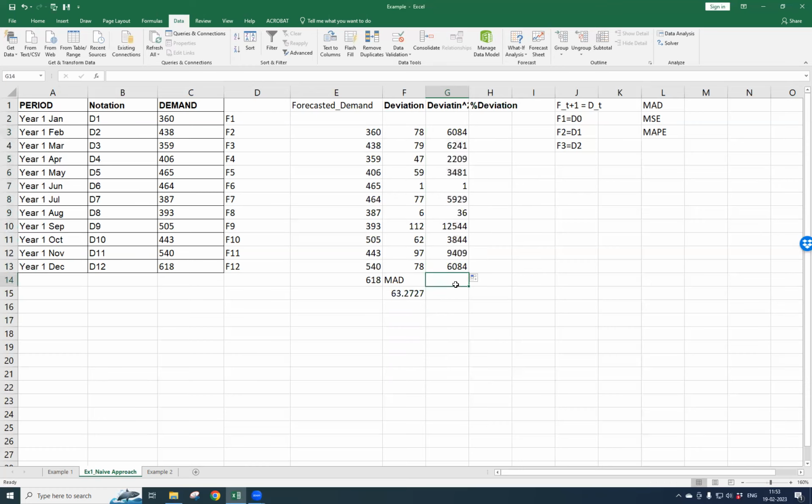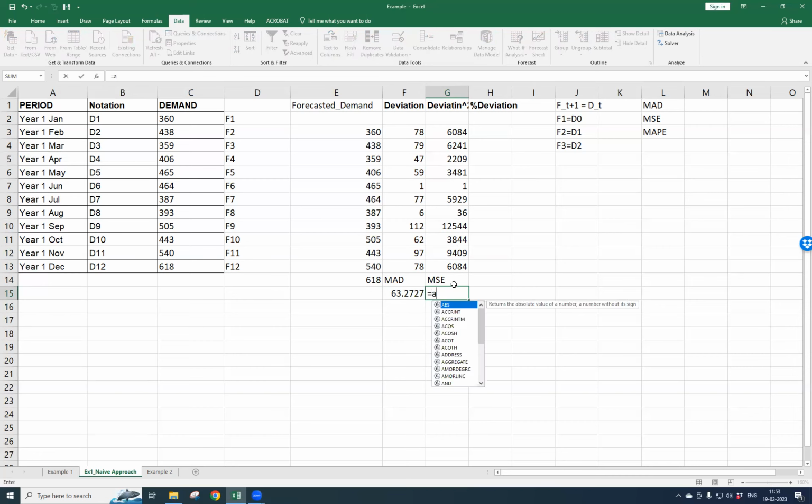The value that you are going to get by taking the squared error or deviation square and average of that is what we refer to as the mean squared error. How do I calculate mean squared error? It is an average of